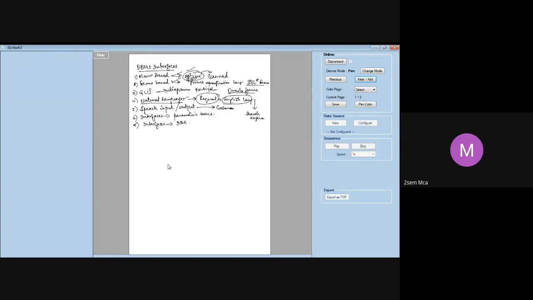So speech input is actually detected using a set of predefined words, and then you set up these parameters that are supplied to the queries, and that's how your query gets framed and the query gets executed. So that's for speech input output. Then we have interfaces for parametric users. Who are parametric users?